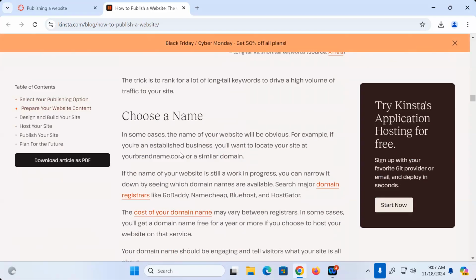By registering that URL, you guarantee that no one else can use that URL, provided you don't let it expire. Now, that's something that can happen. You typically register the URL for a certain amount of time, like a year, for example. You have to be very careful not to let it expire, because if it expires, someone else can register a